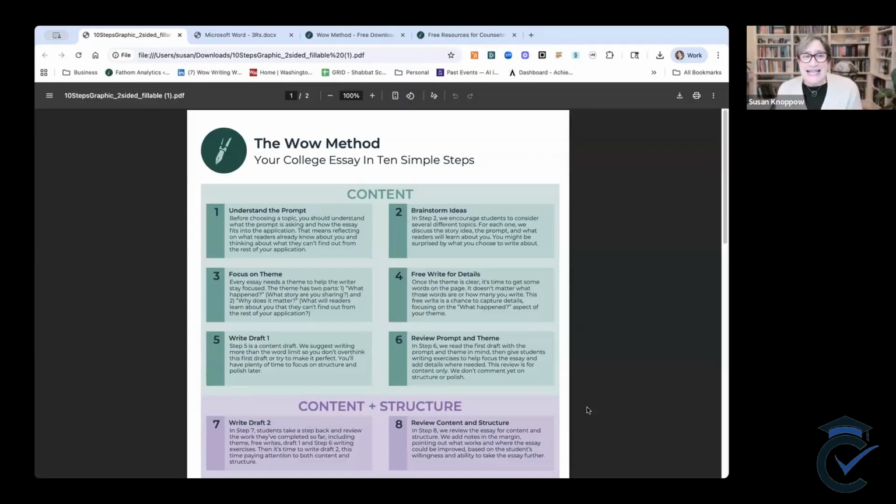We developed this 10-step method 16 years ago. I am an educator. I'm an instructional designer. When I think about teaching, I want to make sure that what I teach can be executed. So we work with students, many, many, many students. We work with our own students. We work with some of our colleagues' students, so we can be your essay coach. We also train professionals. That is a huge part of our business.